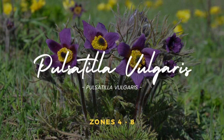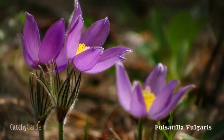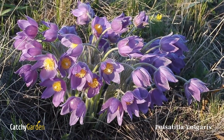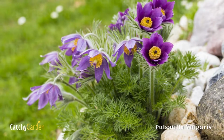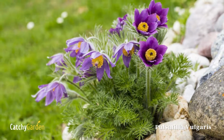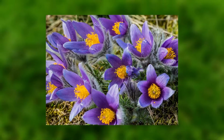Number 1. Pulsatilla Vulgaris. This clump-forming perennial is also known as pasque-flower or meadow anemone, and it features enormous, nodding purple blooms followed by silky fruiting heads. While it may be challenging to get started, once it gets going it makes a great addition to an attractive